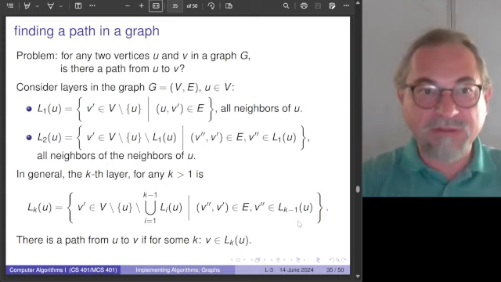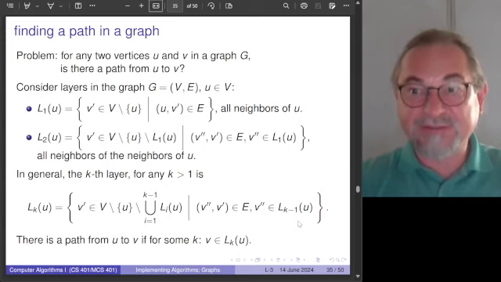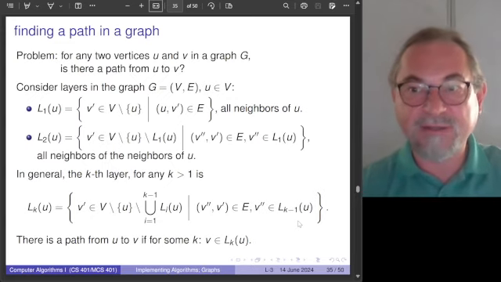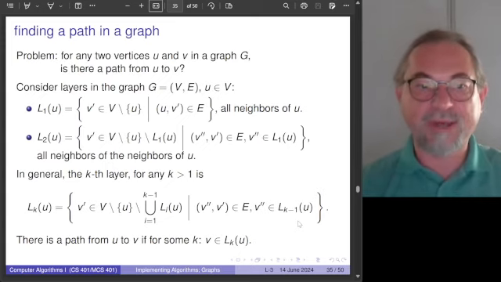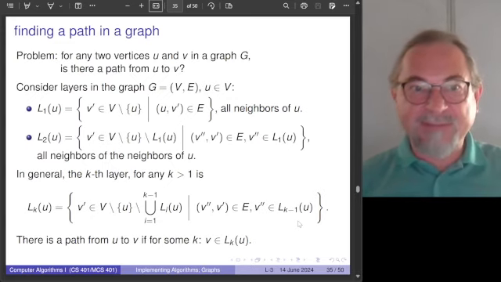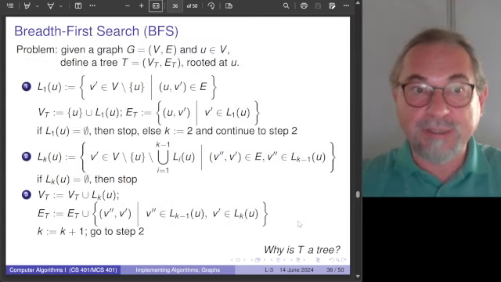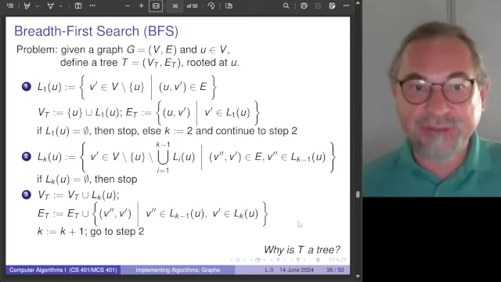If our second vertex V belongs to the kth layer, then there is a path that consists of k edges. So if it belongs to the first layer, then it's directly connected. In the second layer, the path consists of two edges. Okay, so we've done this systematically. We've done actually much more. We computed a tree. And actually, the definition of the layers is the